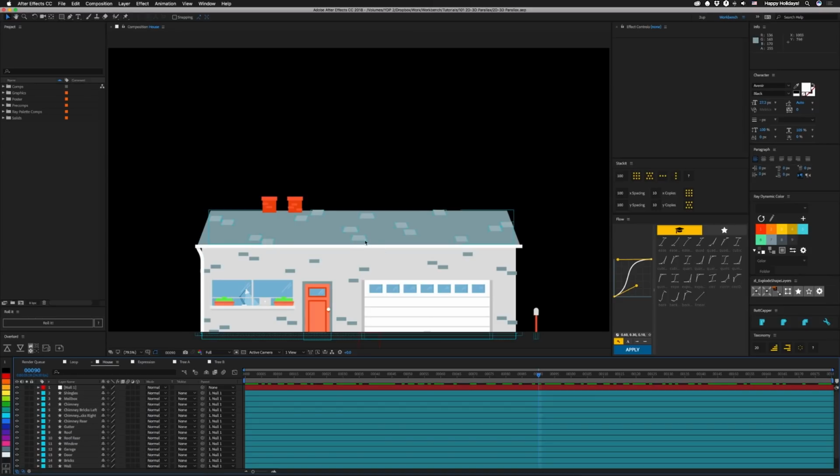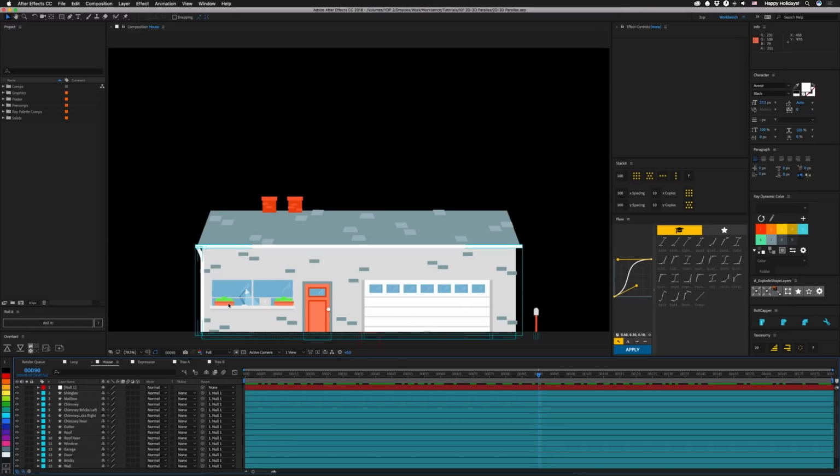If these things are square to the camera, you can use the skew settings inside of the shape layer and just animate that. Another thing to note is that this house is resting on basically the bottom of the comp. I did that for convenience, because now I can set my anchor point to the bottom of this comp, and I can scale this, and since we're actually just going to sample where that point is, no matter what size this is,